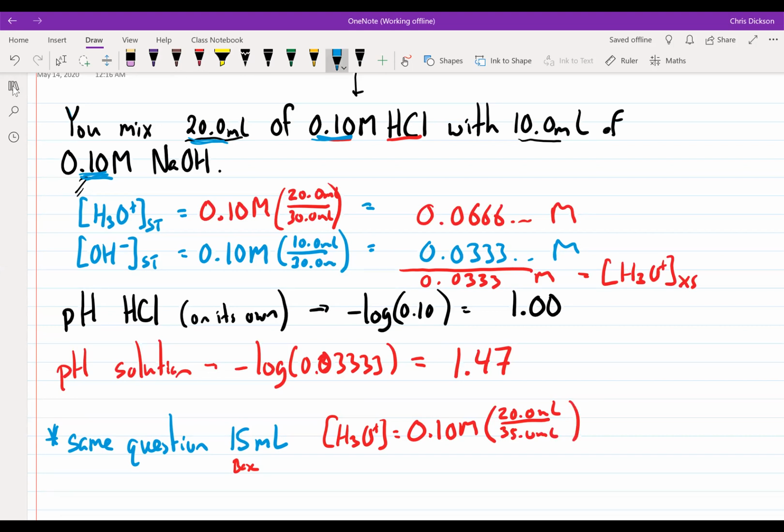And the concentration of the hydroxides would be equal to 0.10 molar multiplied by, instead of 10 mils, it's 15 mils we're adding, all over 35 mils. Okay, so let's use our calculators here. 0.1 times 15 times 1 divided by 35 is equal to